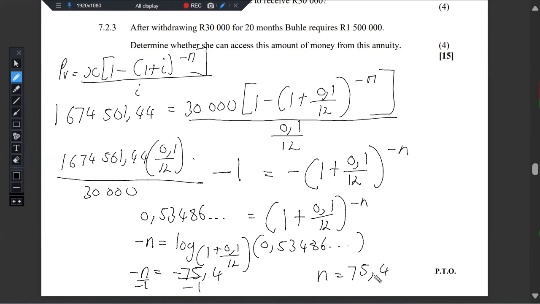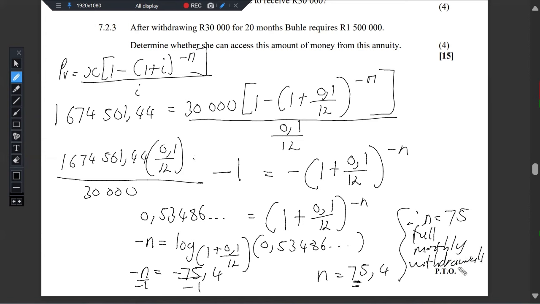75.4, right? Now, obviously, this means that in terms of the full payments that you'll be able to make of the 30,000, it is only 75, right? So that means the 0.4 here is speaking to the term that she will make a final withdrawal, but then it will actually be smaller than the 30,000. You might find that it's only 10,000, right? So the full 30,000 payments or withdrawals that she'll be able to make are only 75. So we're going to say therefore n is equals to 75 full monthly withdrawals